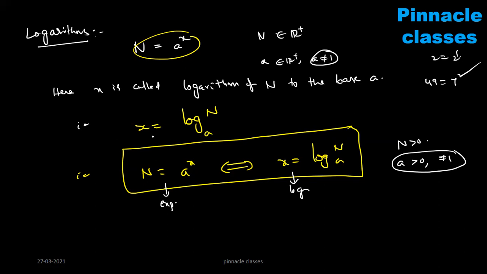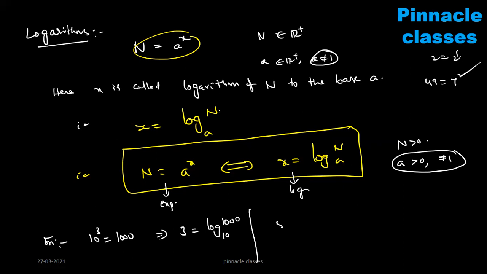If you don't mind, dear students, x is equal to log n to the base a. Logarithm, n means positive real number. So it means logarithm is always defined for any positive real number. So I will give a small example, we can see better. 10 cube is equal to how much value? 1000. This is the exponential form. Converting into logarithm form means 3 is equal to log 1000 to the base 10.